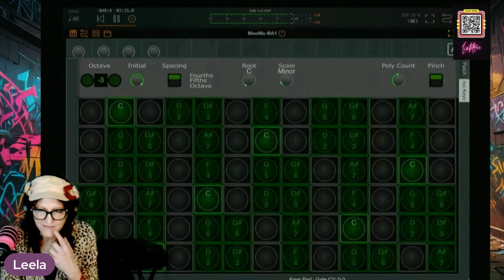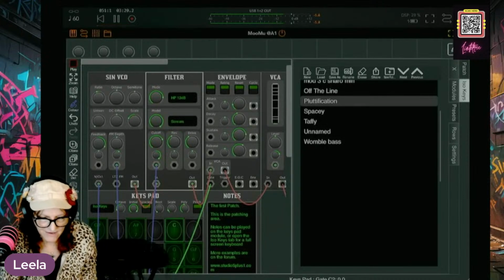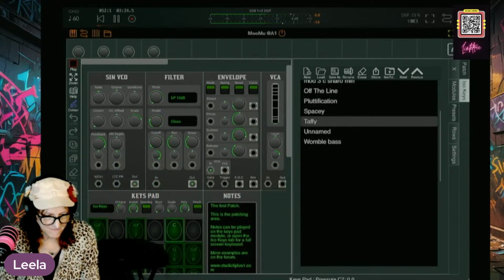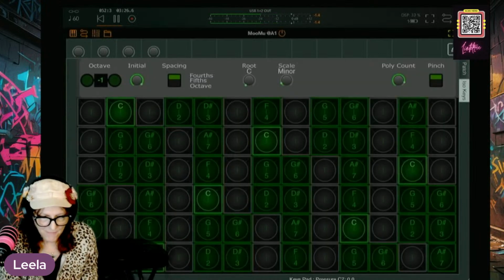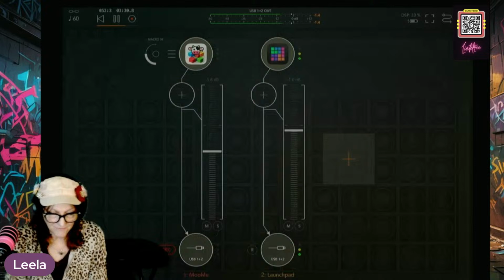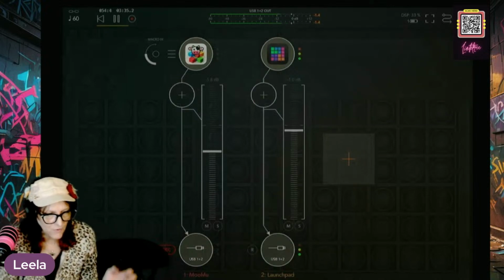Now let's go back and change our patch again to like taffy. We're loading taffy. And then we open up ISO keys. We're still in C minor now. Let's go back and we are making these separate sounds so we can record again.